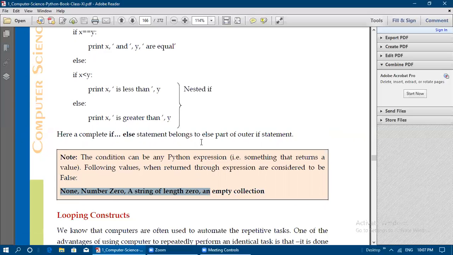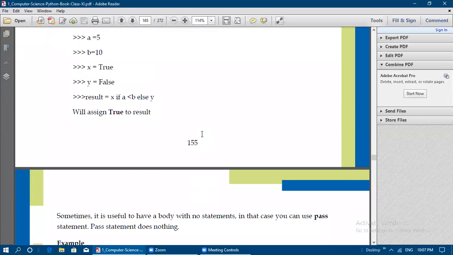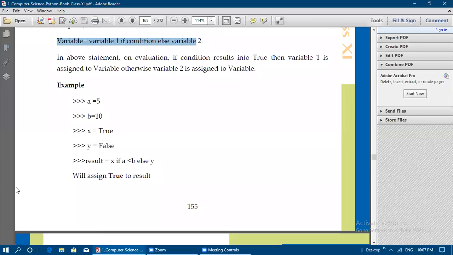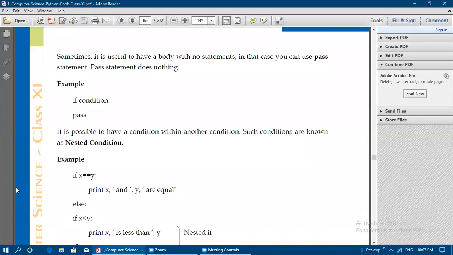Understood? So with this, we will wind up this video. We went through the simple if conditional construct and how we can write a simple if else statement in a normal way and in another way. That is the second way we have seen now. You need to remember both ways of writing a simple if else condition, and also the syntax. Lastly, if we don't want any statements inside the condition, we can use the pass keyword or pass statement, which will do nothing.